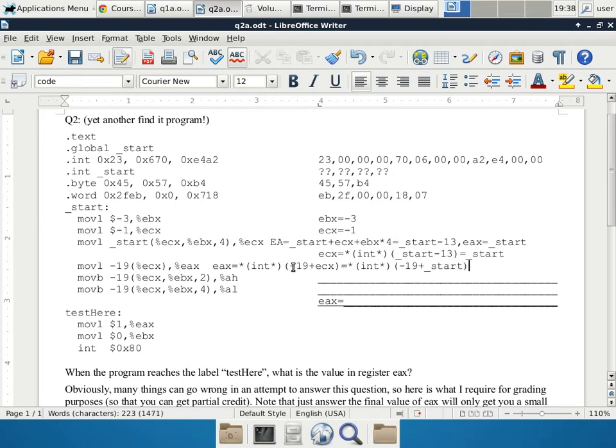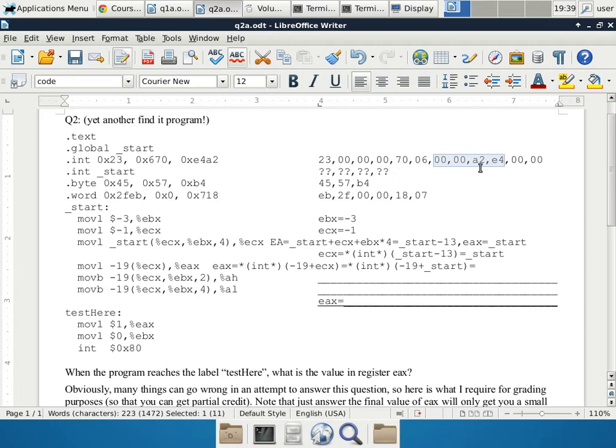Now that we know the effective address is underscore start minus 19, you can go to that location and find out what is exactly at underscore start minus 19. And this is why it helps to really have one linear representation of all the bytes, because you can count backwards a lot easier that way. This is -1, -2, 3, 4, 5, 6, 7, 8, 9, 10, 11, 12, 13, 14, 15, 16, 17, 18, 19. So we are basically copying these 4 bytes into the register